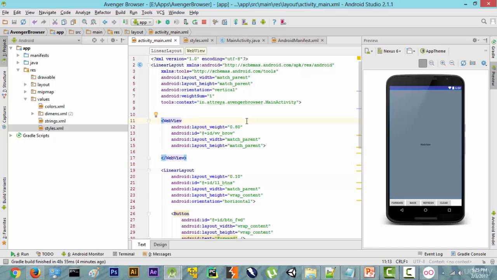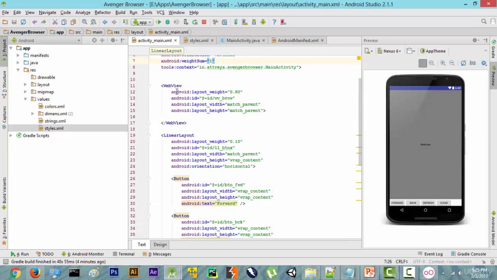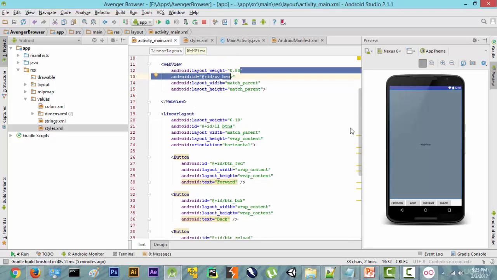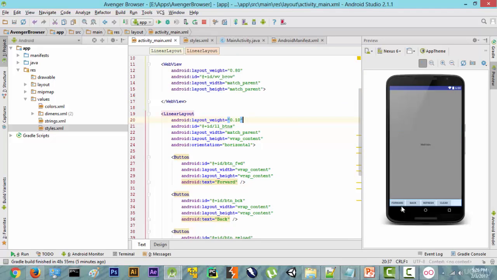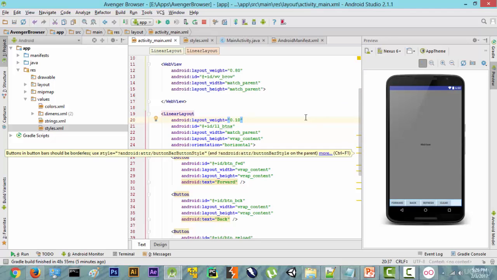Imagine a pizza. So we have to divide the pizza into 3 people. The first part of the pizza goes to a very big person because he eats a lot of pizza. So we divide the pizza into 3 parts and we give 0.80 part of the pizza to the web view. We give 0.10 part of the pizza to this view, linear layout view, which has 4 buttons inside it, and